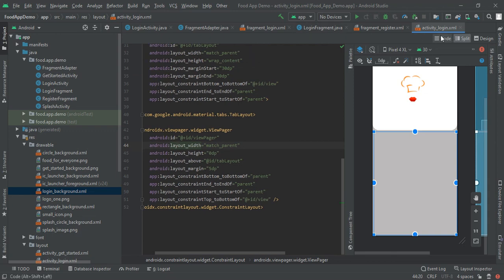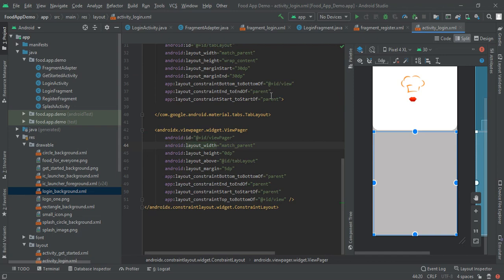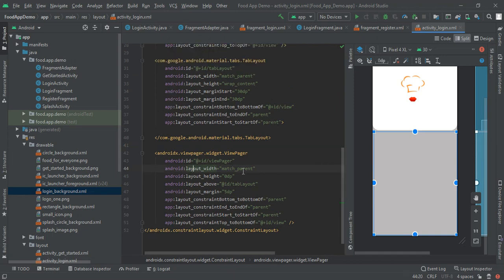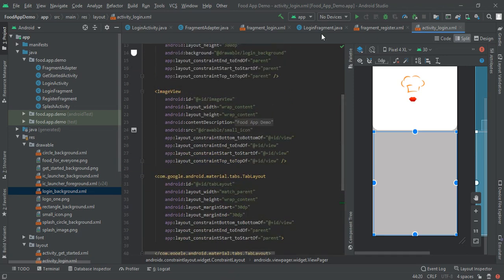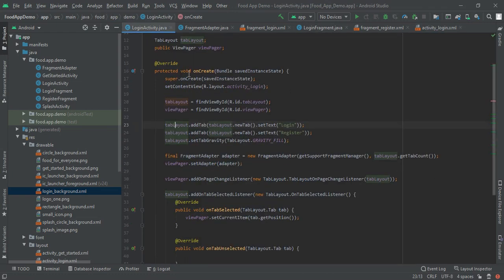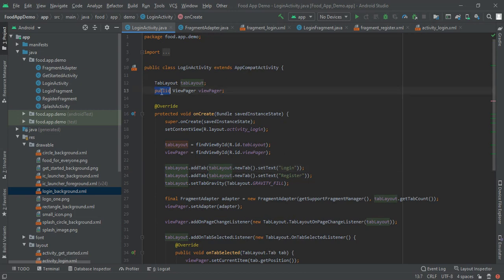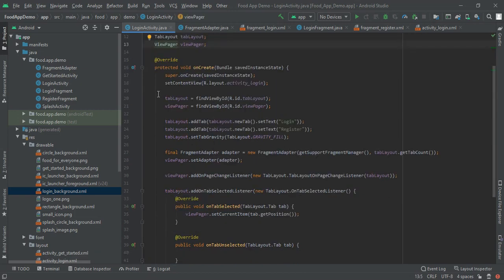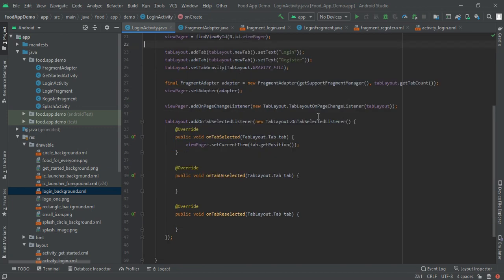So now continuing our design, we have the tab layout and view pager to show in our login activity. So here I declare a tab layout and view pager, and set tab layout equal to findViewById, that is tab layout, and view pager also. In our modern login screen using fragments and view pager, we need to create tabs.